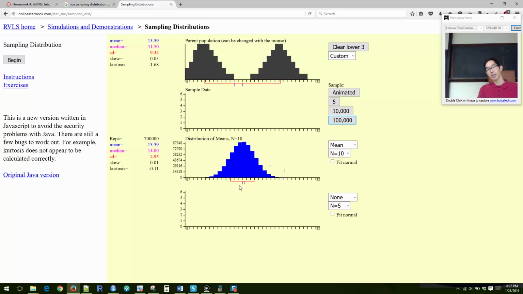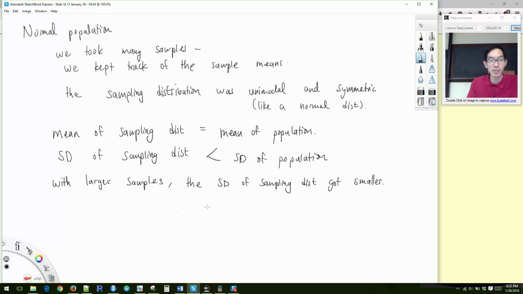It's kind of balanced itself out, and with 16, we're getting something like this. And then at n equal to 20, it's practically unimodal and symmetric. This looks like the normal distribution here. Okay, so what does all of this say? All of this says is that this was with a normal population, okay? And we can say even with